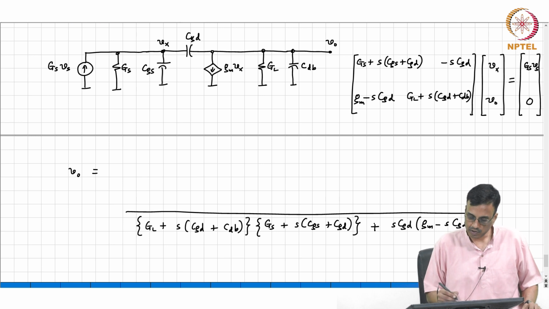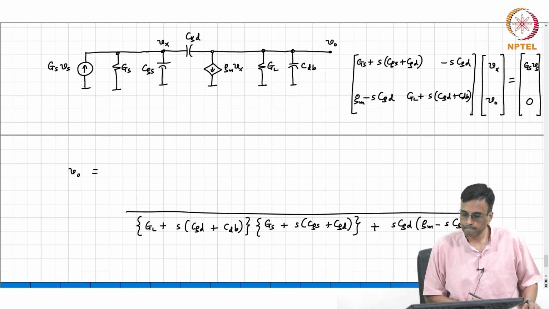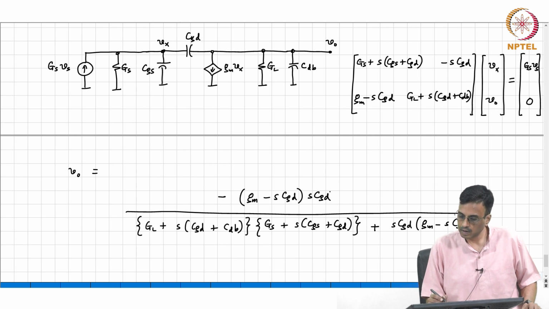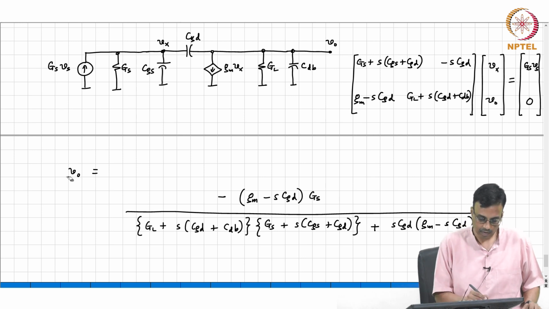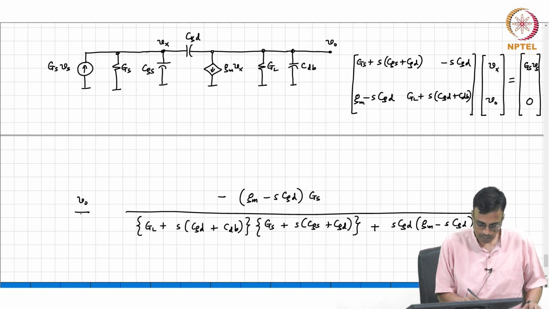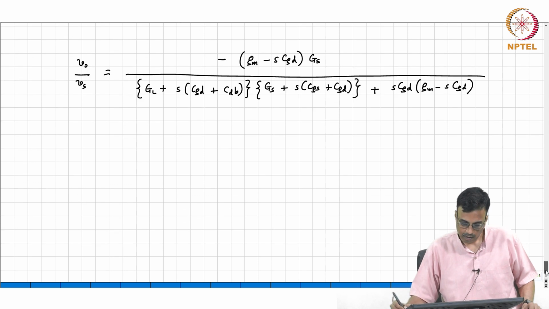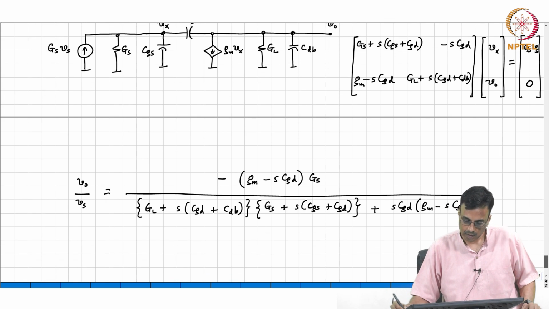Okay. And what is the numerator? GM minus SCGD times minus SCGD. Oh, sorry. Yeah, indeed. Times GS times VS. So, VO by VS therefore, right. So, yeah, this is